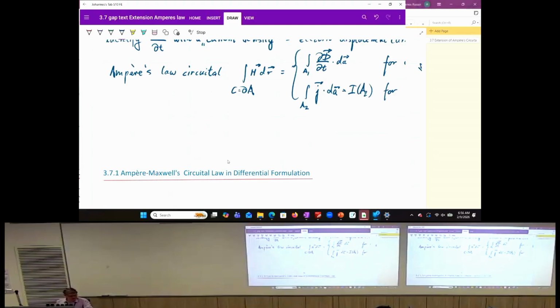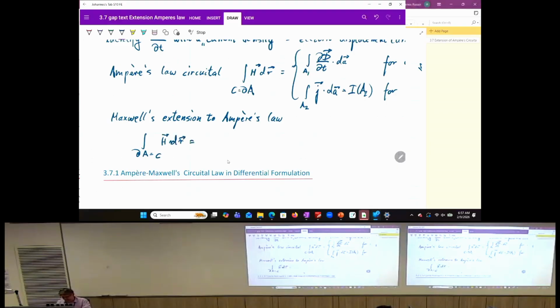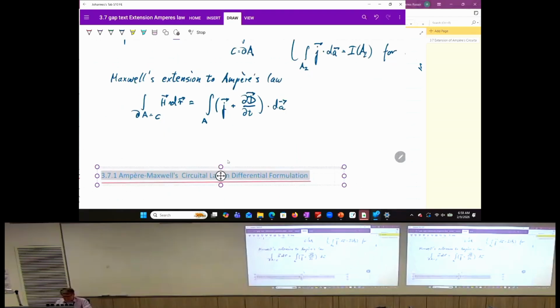James Clerk Maxwell recognized that there is something still missing, and we expand this law to the Maxwell-Ampere law. It states that the contour integral over the closed contour enclosing the area over the magnetic field strength is equal to the integral over the area of both the current density as well as the electric displacement current, which is penetrating this area. So this is our equation